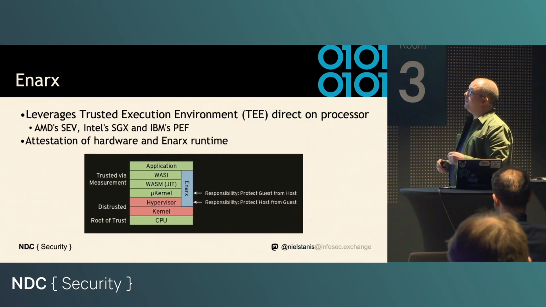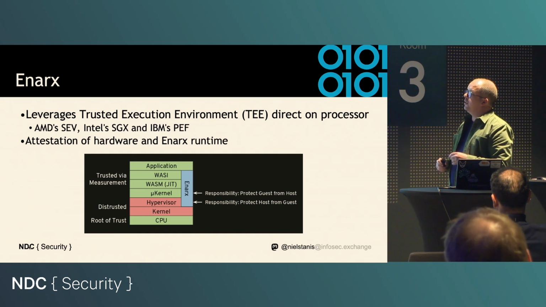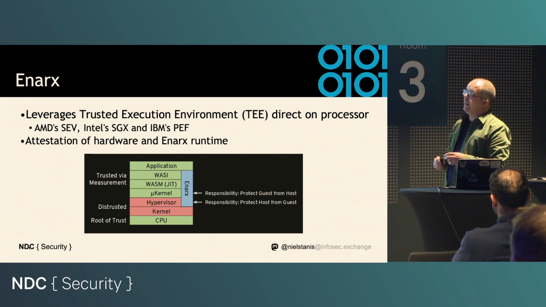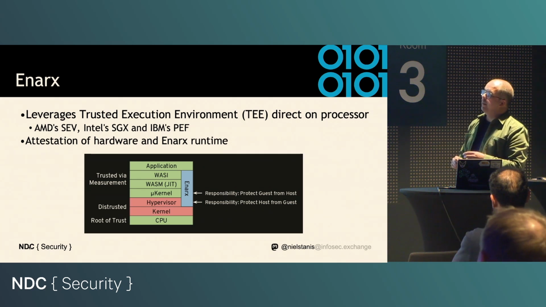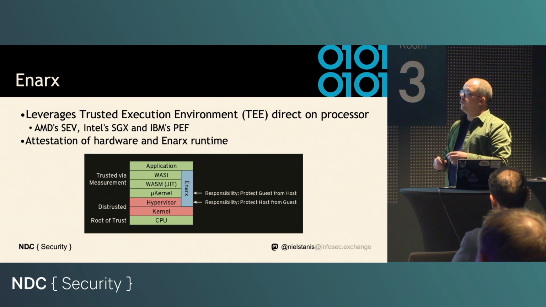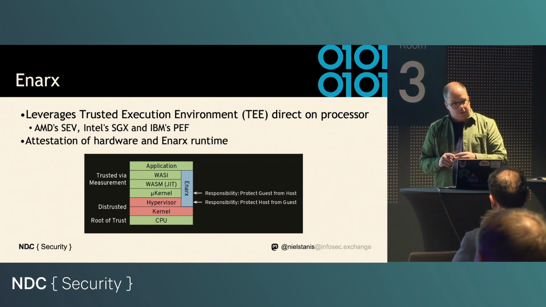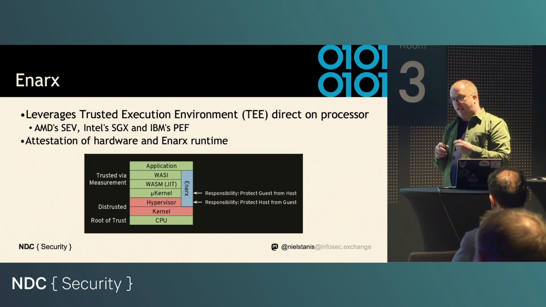So what Enarx does, it takes the TEE of your processor, which in AMD is SEV, Intel has SGX, which are all acronyms, and then IBM has PEF. But it will do all the attestations that I mentioned. So once it starts out, it will check the crypto of the processor. It will check its origin, right? There's a root of trust in the hardware. And then it will have